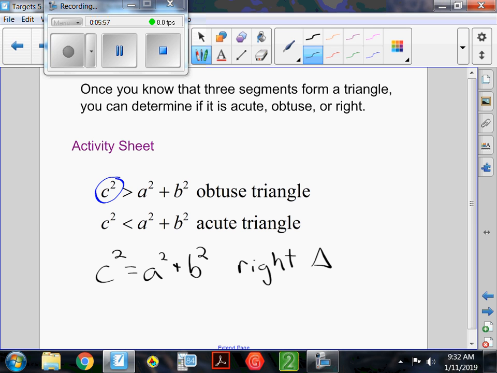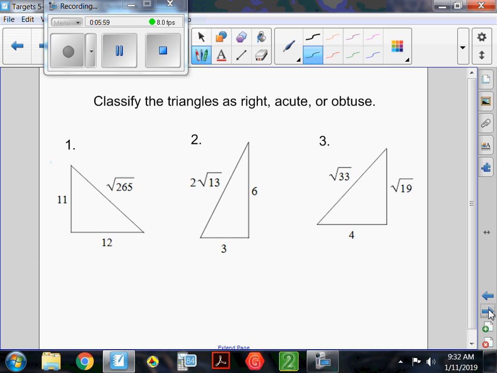Here are some examples for the rest of target 5. Classify the triangles as right, acute, or obtuse. I'm always going to start with the largest side, which I'm going to call c, and look at that. The square root of 265, squared, is 265. The square root and the squared undo each other. If you want more information on that, you can ask myself or another math teacher to explain that really carefully, why that is true. If I look at the other two sides, 11 squared plus 12 squared,